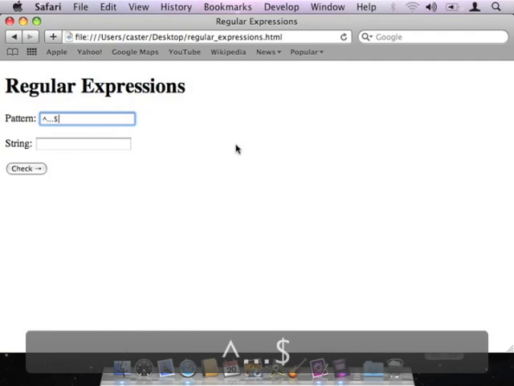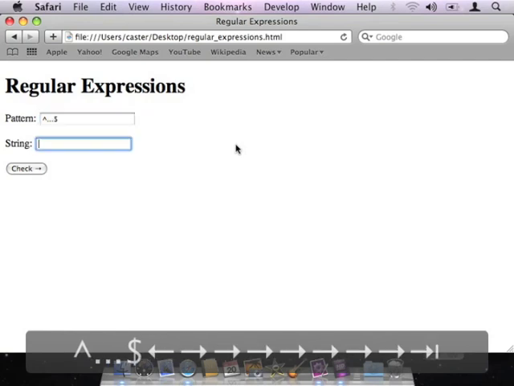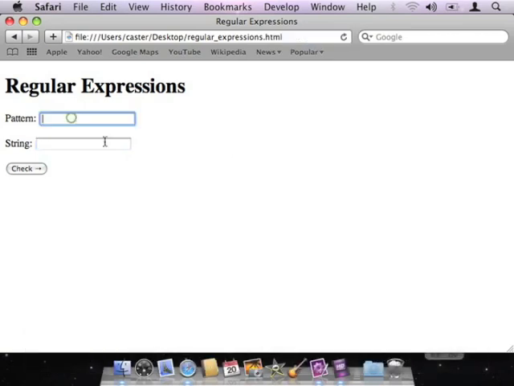$ sign, what that pattern would actually mean is that I'm looking for the beginning of the line followed by any 3 individual characters, followed then by the end of the line. So if I put in a string like wow, right? Hey, what happened? Didn't seem to work. Oh, I know what went wrong. I forgot to put in my